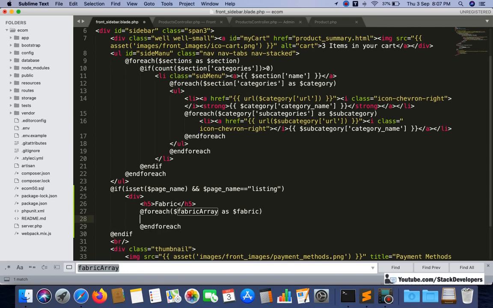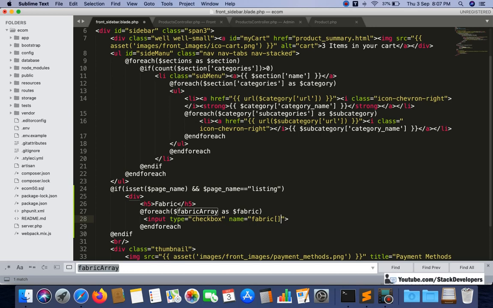Inside this one I am going to display the filters, so I can use the input tag. I will use the type as checkbox, because we are going to display checkboxes for these filters. For the name I am going to take fabric only, but I will use an array here, because we are using the foreach loop and there are multiple fabrics.